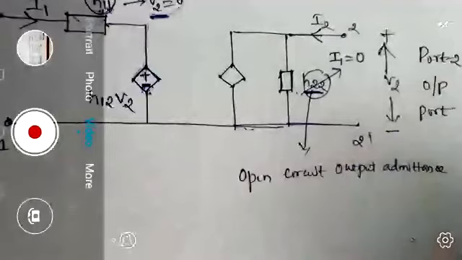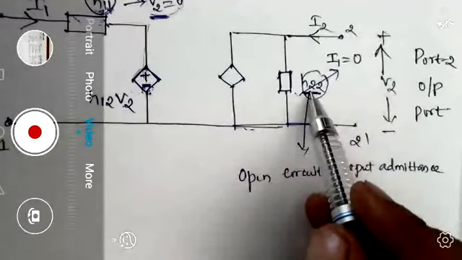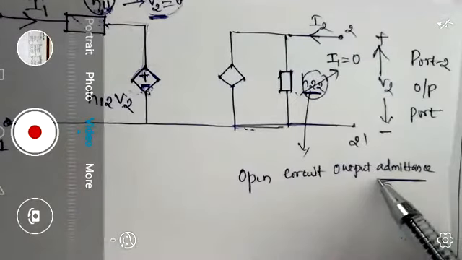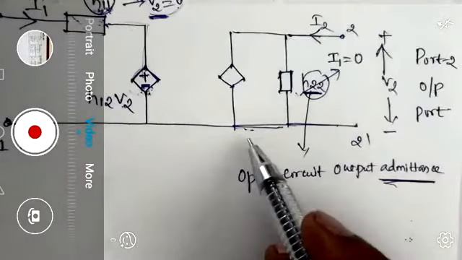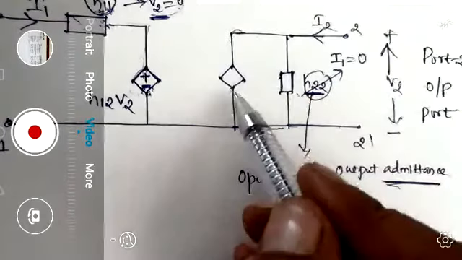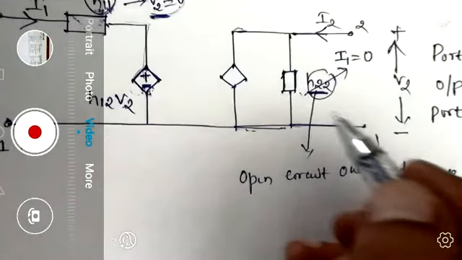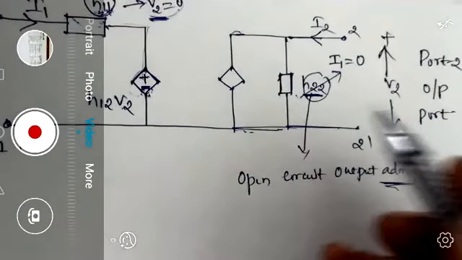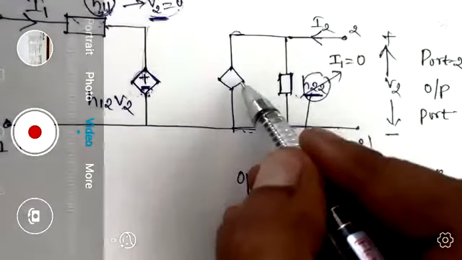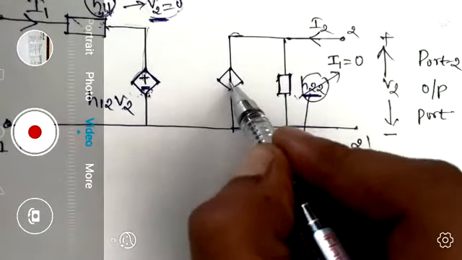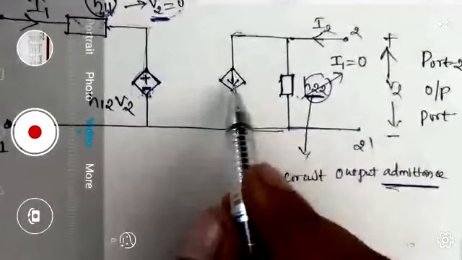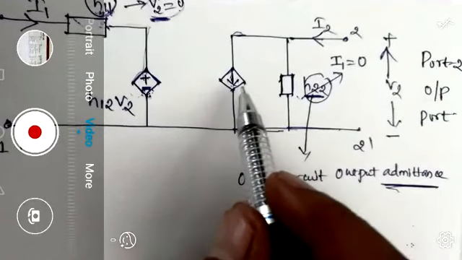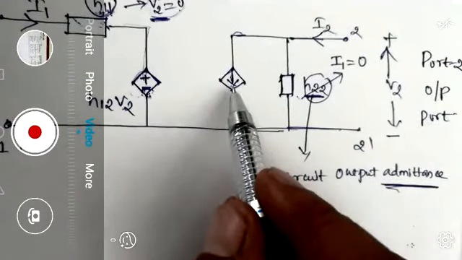So if it is the admittance, we know impedances are connected in series with voltage, admittances are connected in parallel with current source. Always remember, voltages are always in series, currents are always in parallel. So the admittance is connected in parallel with current source. This is a current source, the diamond symbol with an arrow mark inside. Because of that reason, it is called a dependent current source.